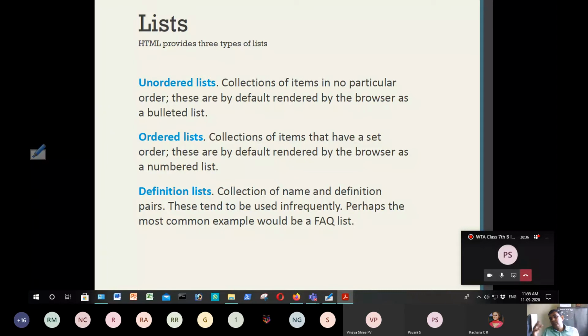So I may say CPU, and explain what that CPU is. I may say RAM, or main memory, and I need to explain the definition of that. So I can use a definition list. If you have a glossary, a list of items that you need to define: in unordered lists, bullets are used; in ordered lists, numbers, Arabic or Roman or any kind of numbering, are used. In a definition list, every item in the list is given a definition. So that is the difference between the three types of lists.